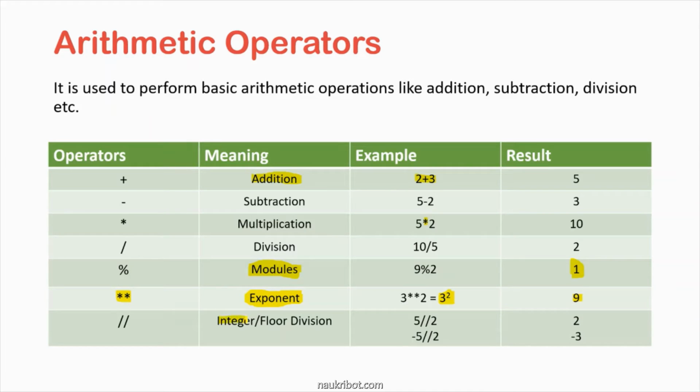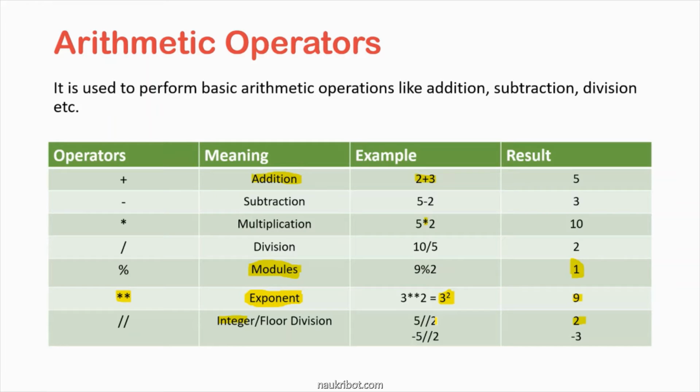Now we will see integer division and float division. Whenever you divide a number by another number, suppose I divide a positive number by another number, I get some result. For example, if I divide 5 by 2, I get quotient 2 and remainder 1. If I convert that into decimal form, I get 2.5. So I'll take the 2. I'll not go with the 0.5 value.